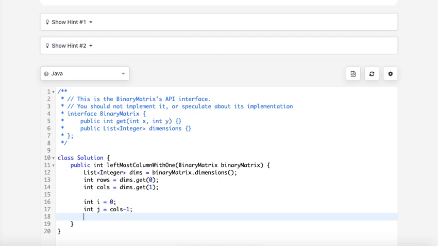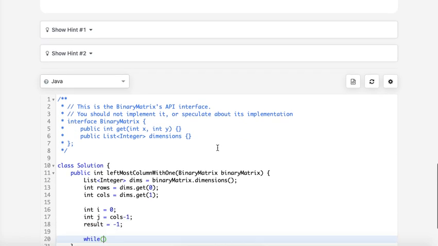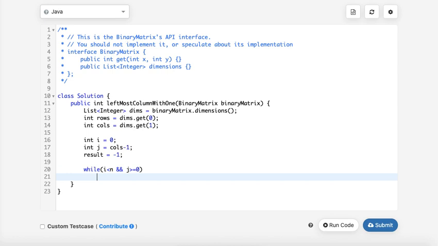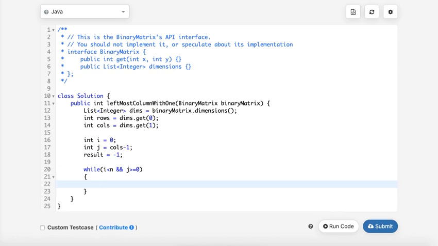Okay, and I'll also have result, which by default is set to -1, and I'll start a loop. While i should be less than n, the number of rows, and j should be greater than or equal to 0, we'll see what the current value is.